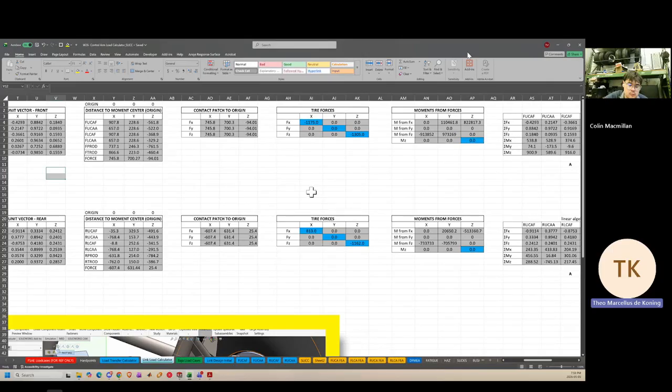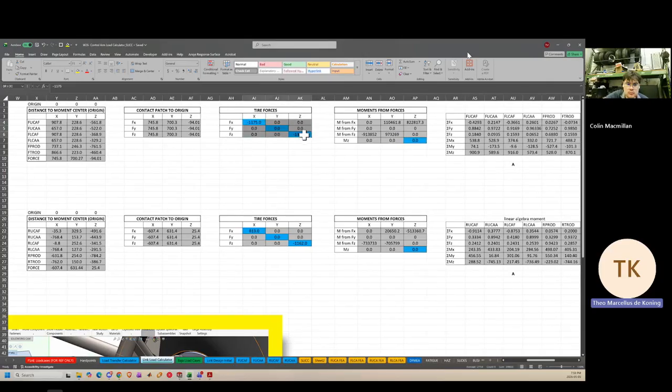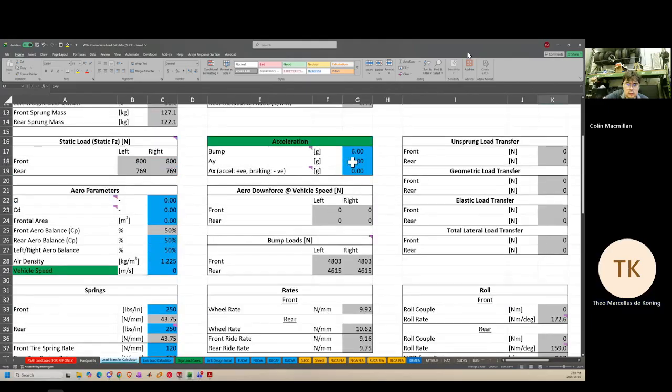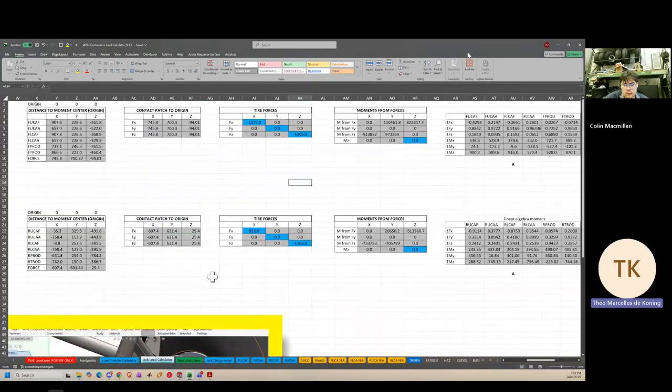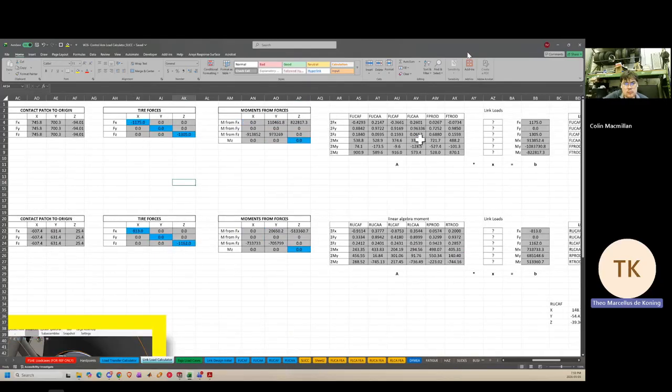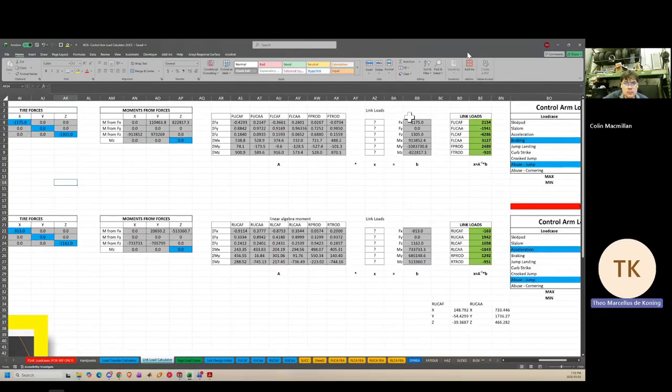And what you do is you take your tire forces that we got from this with our load case, like the acceleration, you take that, you plug it into here, and then